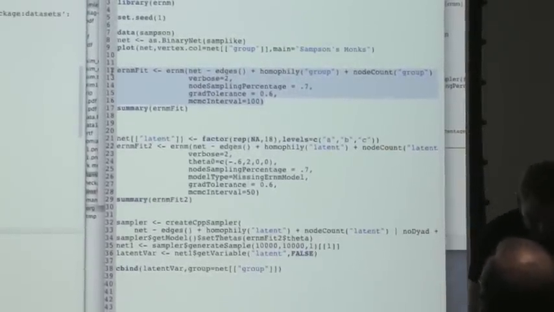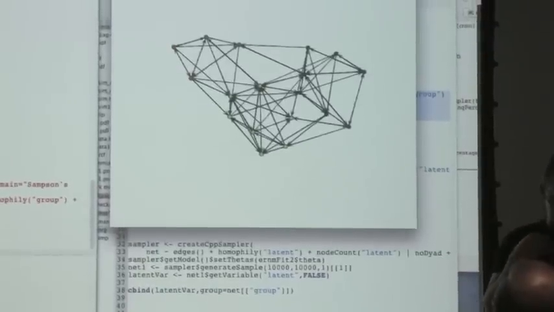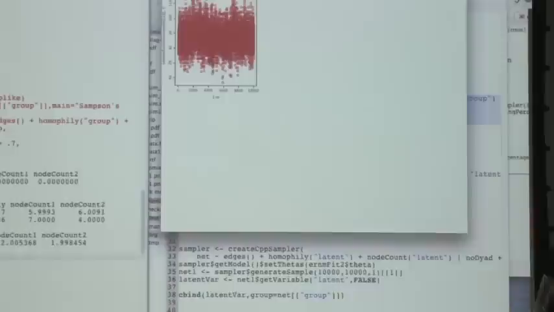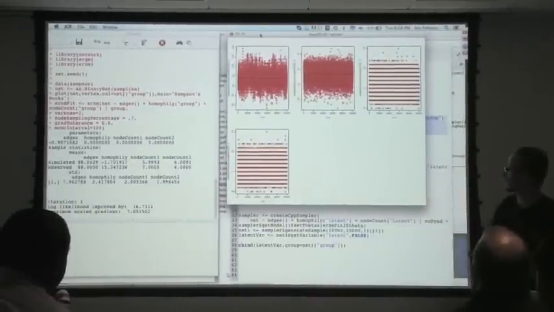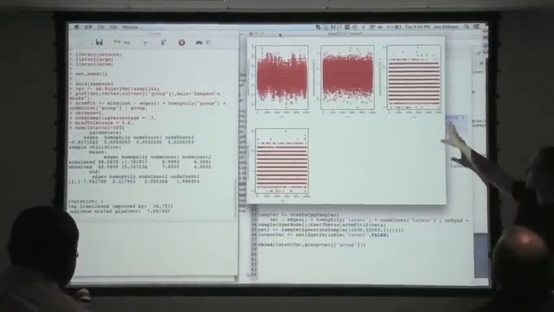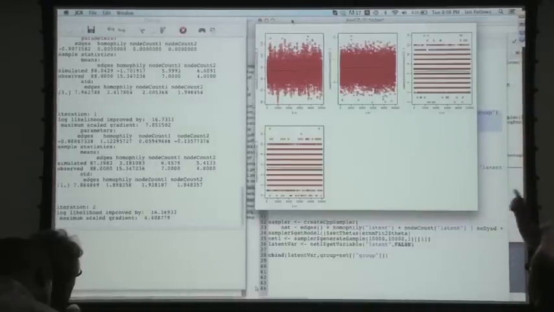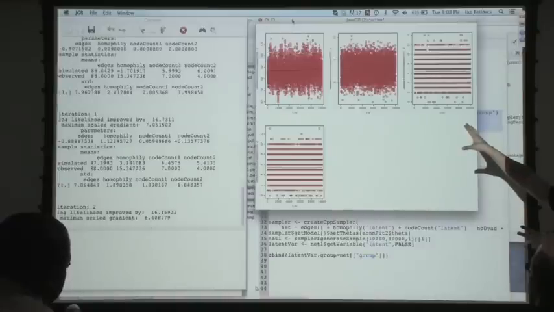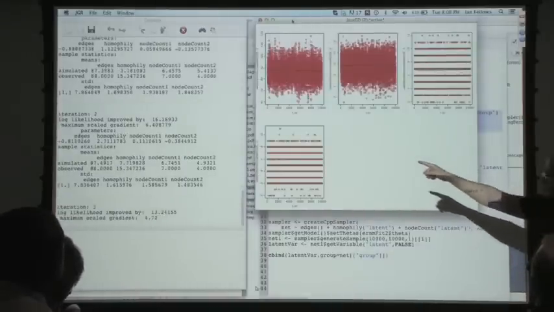So we are going to just fit this model and watch what happens. We're going to set this kind of slowly so you'll see it. We're drawing samples from a starting value pretty far away from where we want to go. So it draws these MCMC samples from the 4 different parameters that we have in the model. It's maximized subject to the constraint, and now it's moved to a different value, and it's done the MCMC on that different value. And in the next iteration, we'll continue that process and see we're still improving our log likelihood